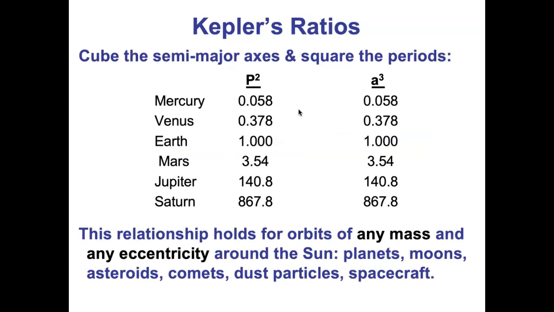Now, today we have some hindsight. Today we know the reason why planets orbit the sun is because of gravity, and gravity works the same everywhere. Gravity, the gravitational force, works the same on all objects. And so these 3 laws are called Kepler's laws of planetary motion. But they're not just for planets. Everything orbiting everything does it according to Newton's theory of gravity and Newton's laws of motion.